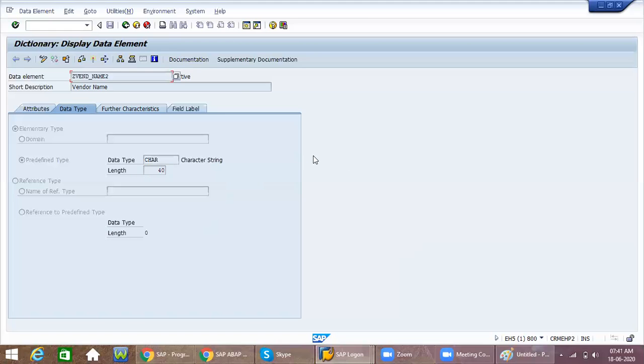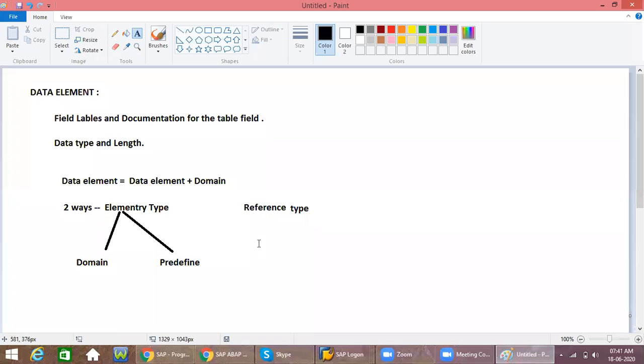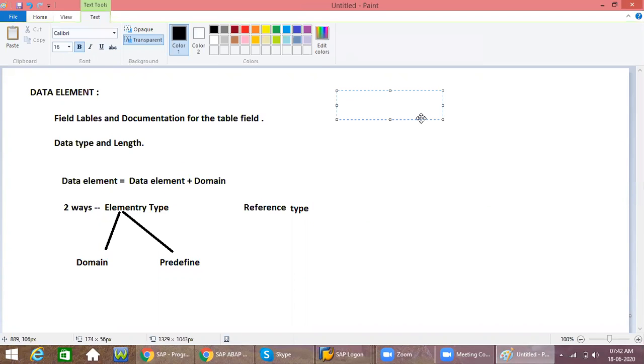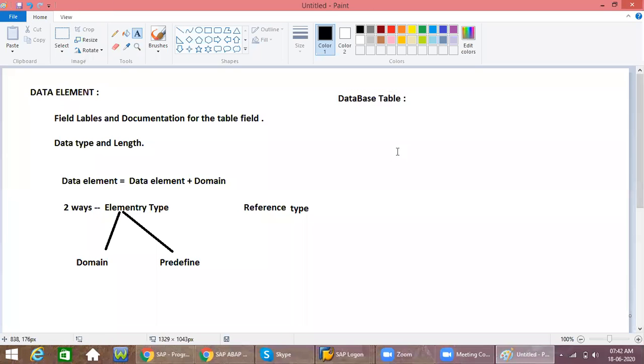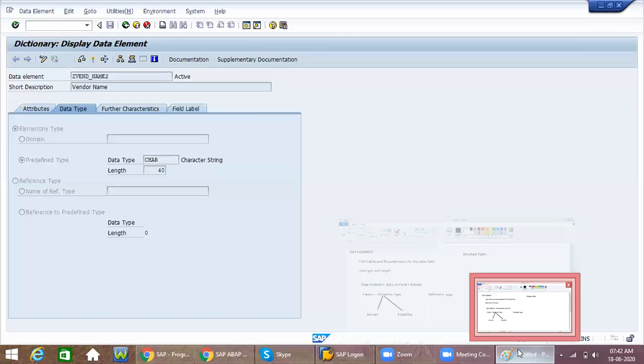Okay. Now this data element is done. Now put a side heading, database table.